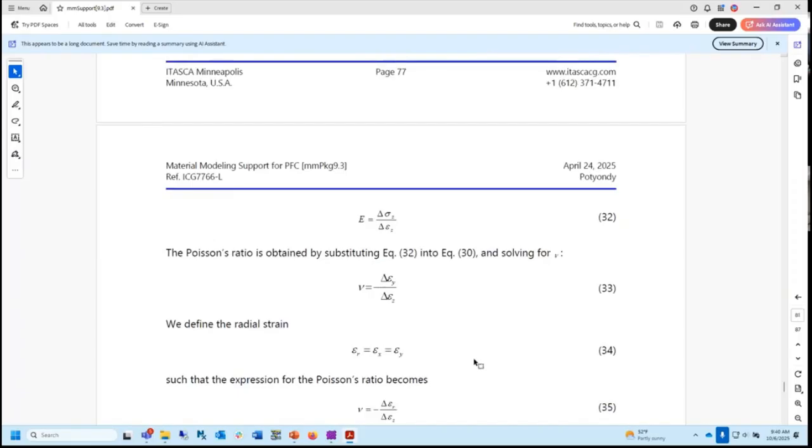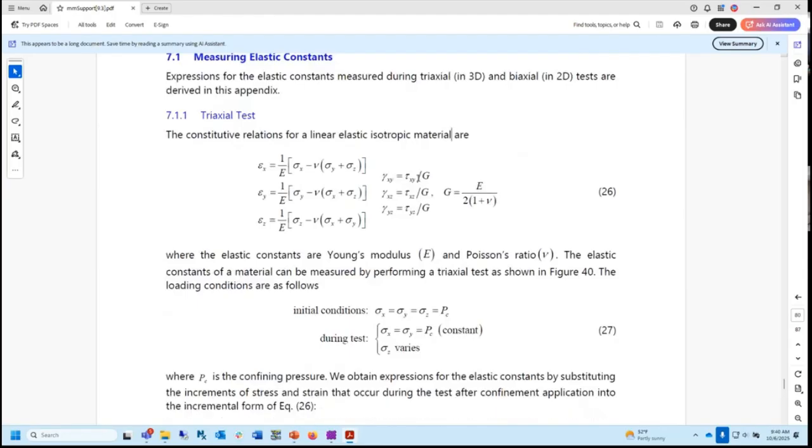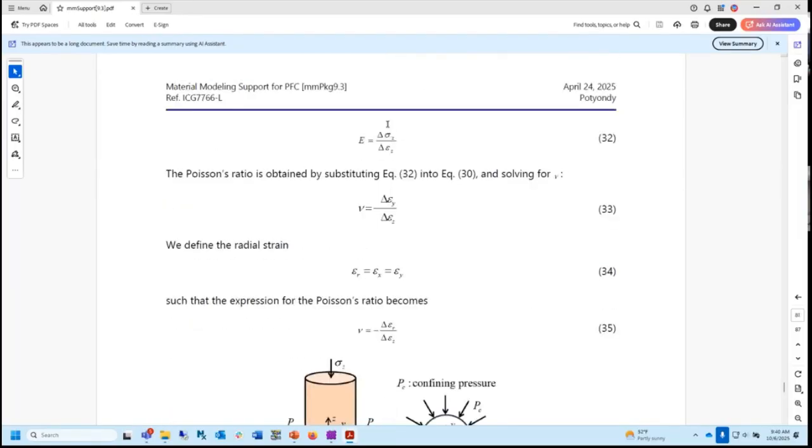And think about the odometer. The confinement is not constant. The more you press on the top, the more the pressure on the sides gets bigger. And so this would be a good one, Ayad. If you had more time, I'm not going to make you do it, but I could say, figure this out. Now you know what to do. You would start with these equations and apply the conditions of an odometer test. Then you would remove terms and come up with something. And what you're going to find is that this ratio is not E. It's going to be something else, and that's what they call constrained modulus. Okay? You with me, Ayad?